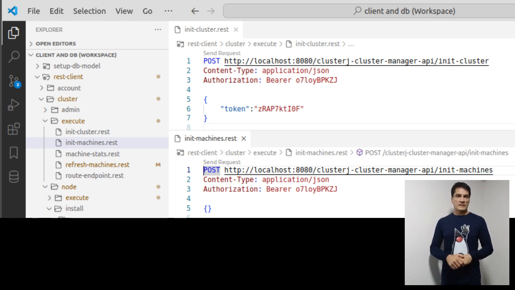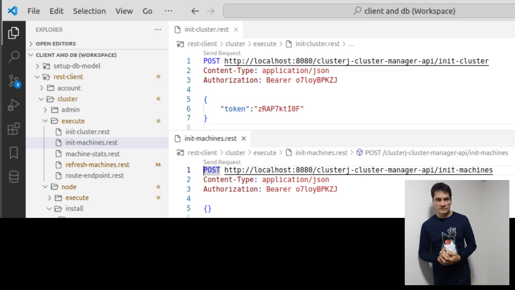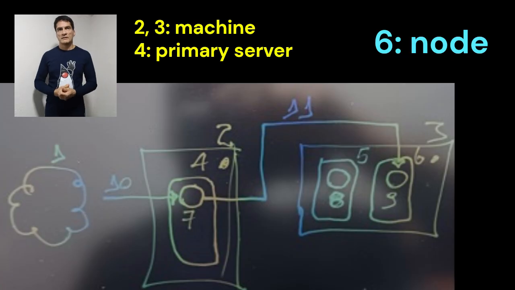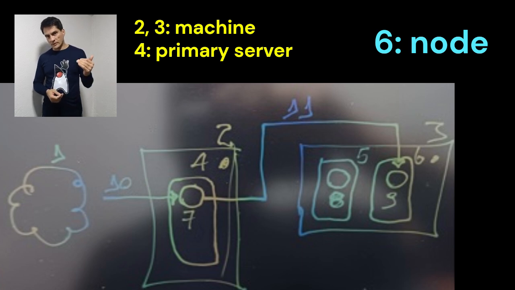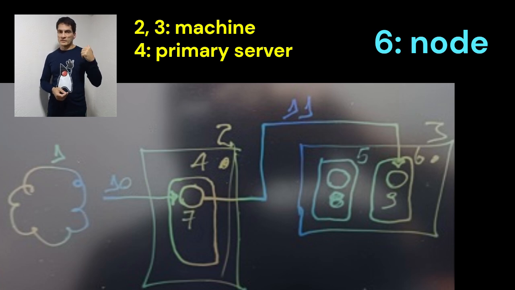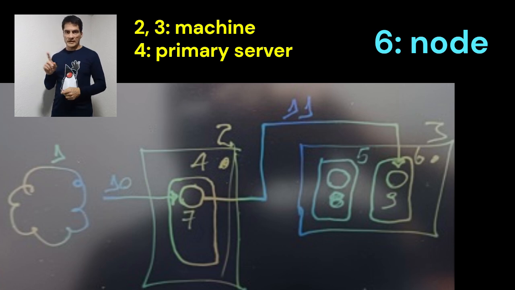And then, after all this setup is done, the user can then perform a request to the cluster, to his cluster. When that request is made, the client makes the request and it goes to the primary server. The primary server searches in memory the node most suitable to execute a request and passes the request to that